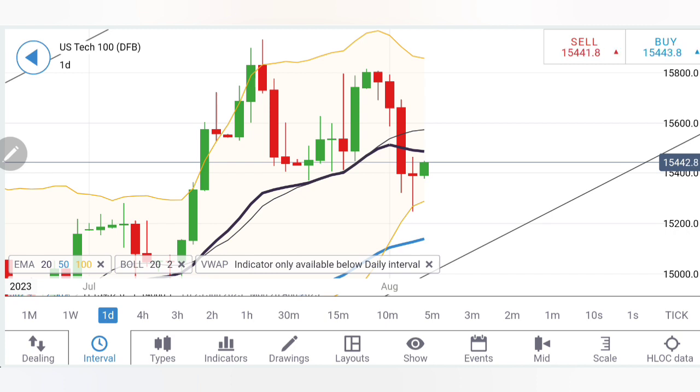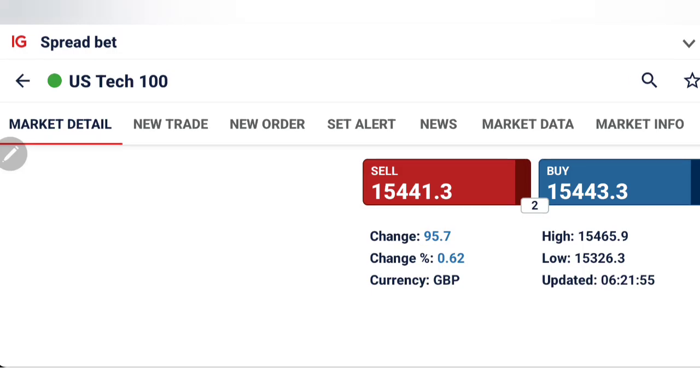On the upside, above 15,500 is where the bulls might take charge, and then one can look forward to 15,540. And remember, once it trades above this zone at 540, it can almost give you a symmetrical candle which can take the prices till here. Till the time it stays below 15,500, the chances of it trading bearish will be very high, and hence take your positions accordingly. Now let's have a look at